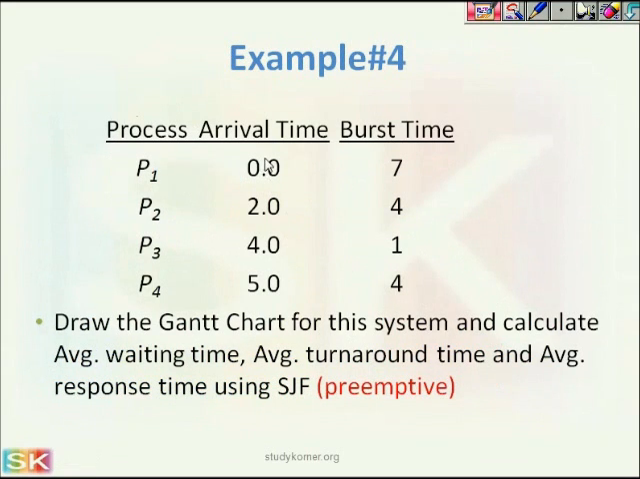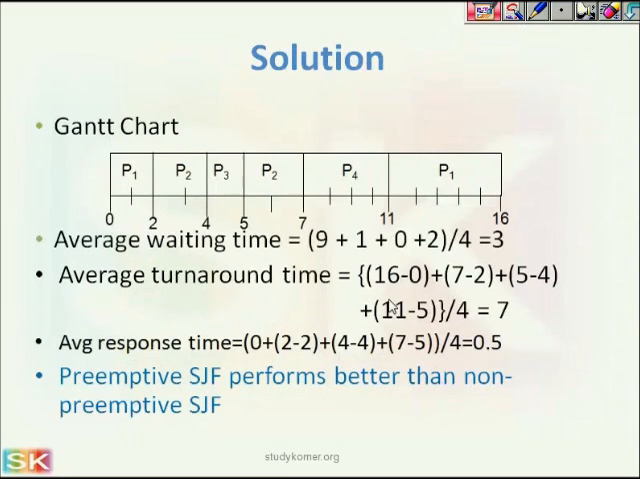Then P1 has burst time 5 remaining, and P4 has burst time 4 remaining. So out of P1 and P4, P4 has less burst time, that is 4. So P4 will be executed and then at the end P1 will be executed, right? So this is how these processes will be scheduled on the CPU. This shows the timeline diagram of the CPU, at what time which process will be executing in the